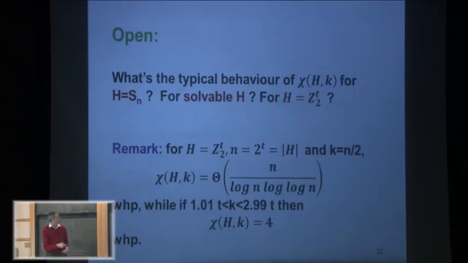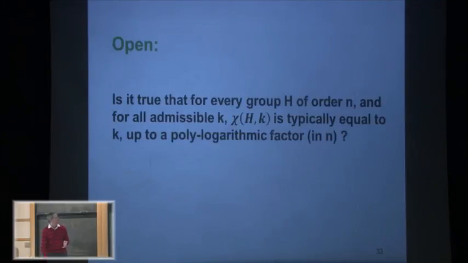But again, it will be interesting to understand what happens if k is square root n, and then I don't know. In fact, if k is about square root n, I don't know for any group. Actually, that's the last problem. And this is, I think, what Emmanuel asked at the beginning. So it should be true, although we have seen that some groups behave differently than some other groups when k is relatively small, and differently than random regular graphs, it still could be true, and I think should be true,